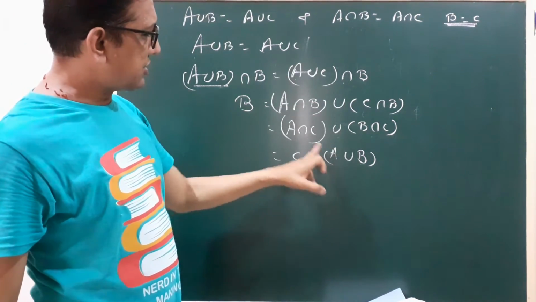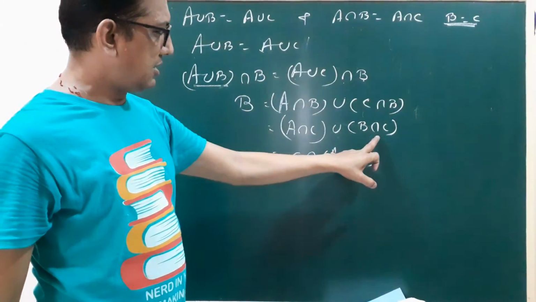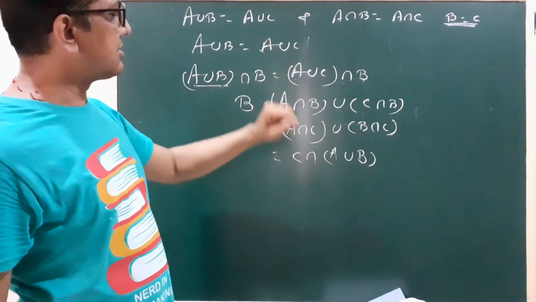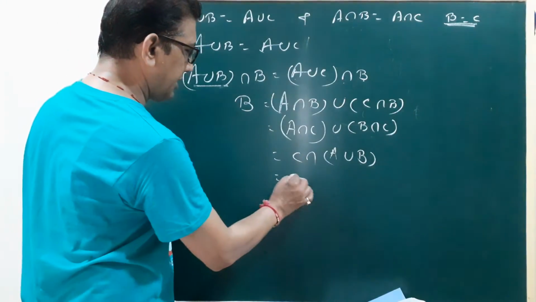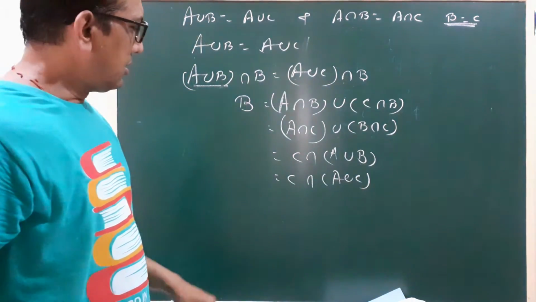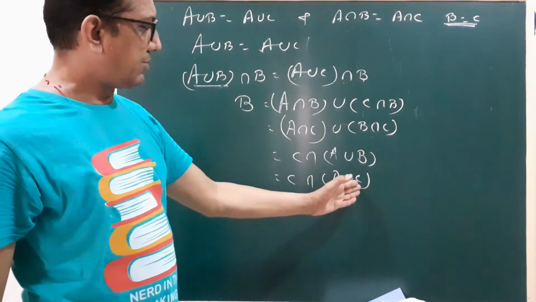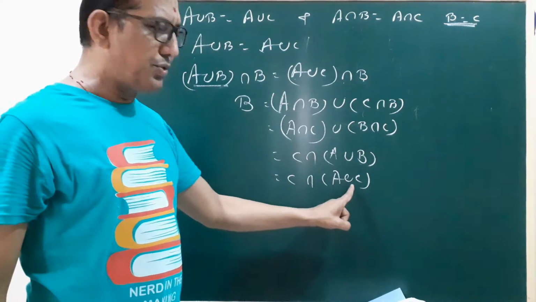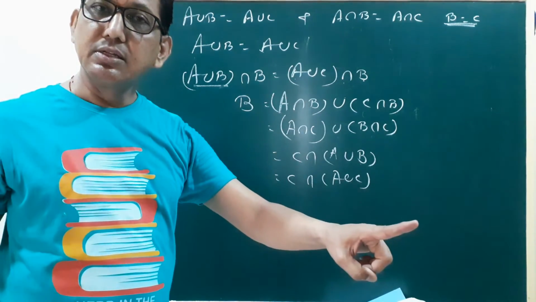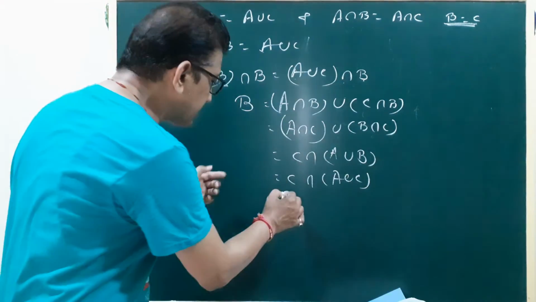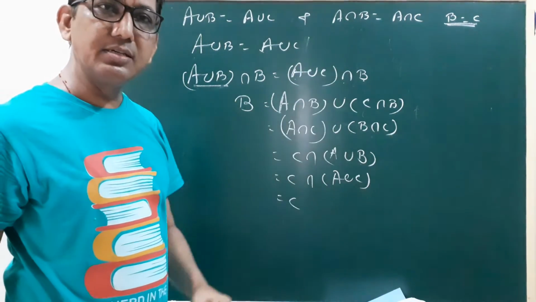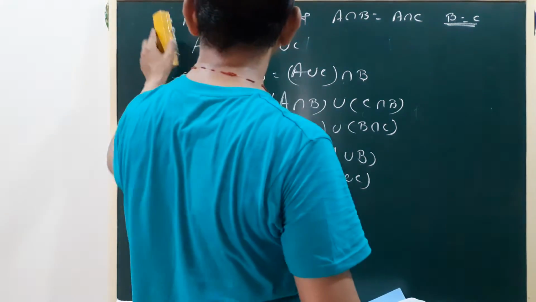Apply. C intersection B is here, and we write here union. Clear? Okay, now A union B and A union C are given in your data. So we write here C intersection A union B in place of A union C. Now exactly the same: C is two times. Here A union C, that is A and C, all the elements we write here, A and C sets. Now again intersection C, so the answer is C. Right? So here we prove that B equal to C. Is it clear? Okay.